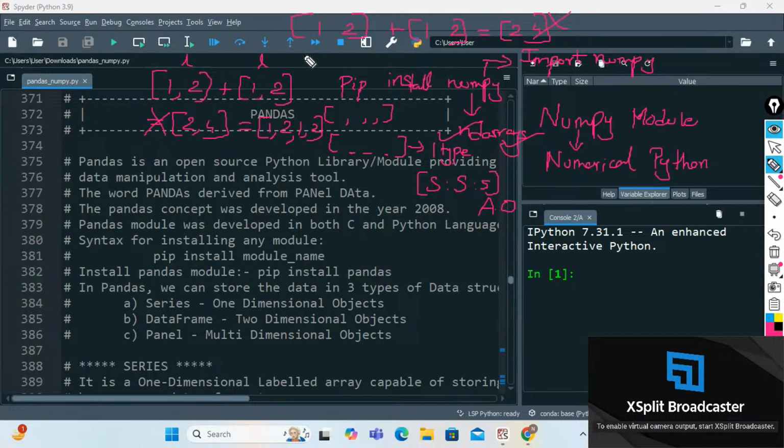Okay, and in general, arrays computationally execute very fast compared to lists, right? So the NumPy module was discussed, and I hope everyone has completed the hands-on with respect to the NumPy module. Right. Now today,